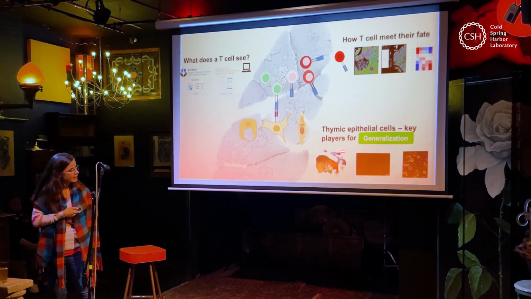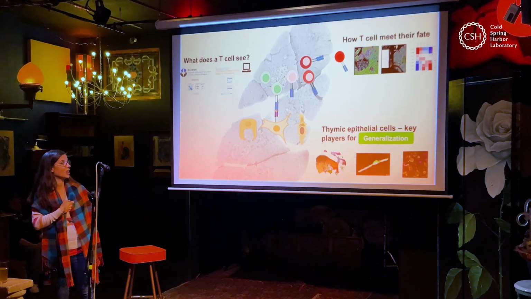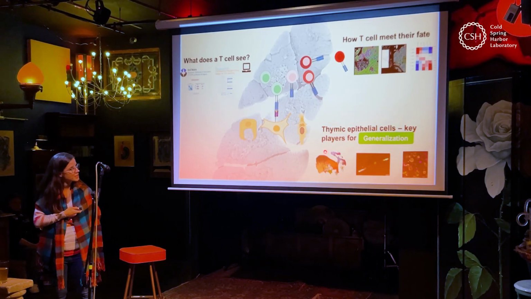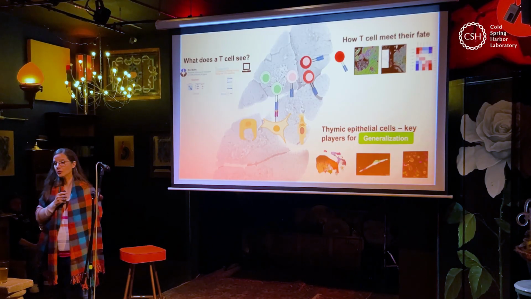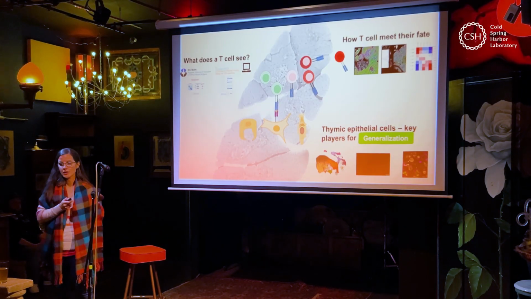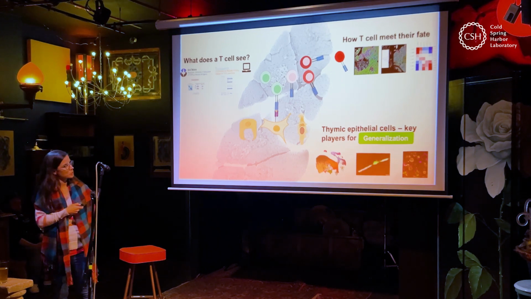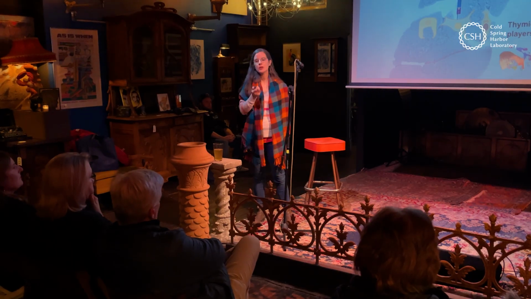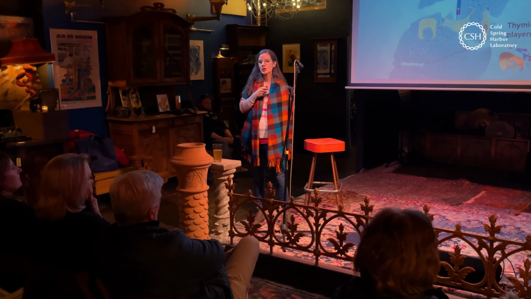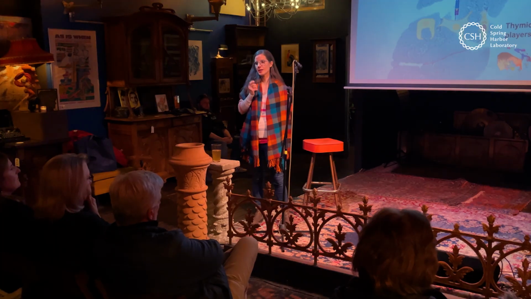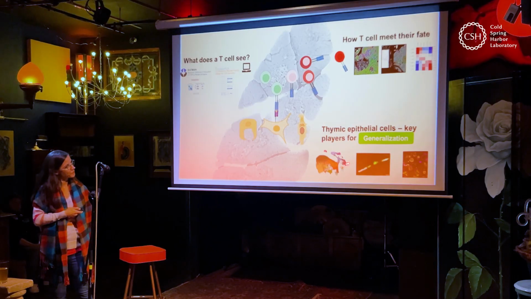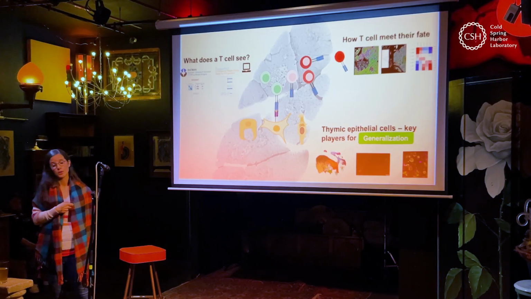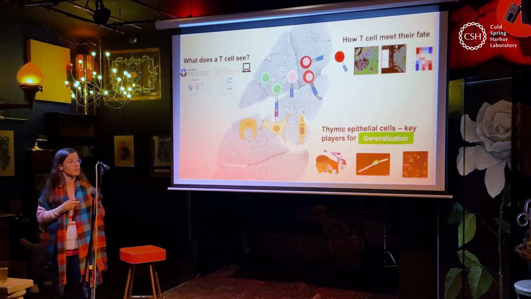We would call this something like a UMAP of single cell data, where every little data point here is a single cell for which we've measured the entire gene expression repertoire. And then we use some computational techniques that said, okay, we cannot look at 60,000 things at once. Can we somehow extract something that's more meaningful to the human eye, and we can look at it in 2D? So this is a representation of about 100,000 cells from a human thymus, to try and understand